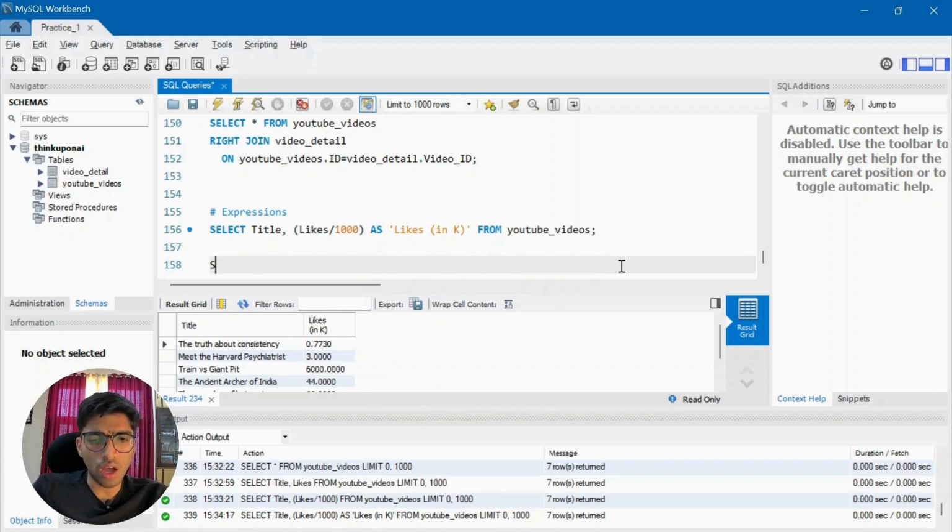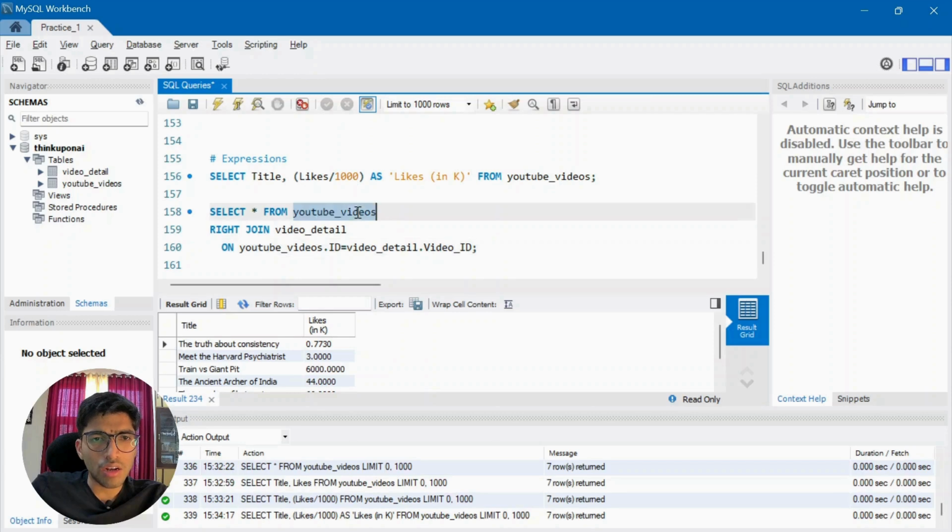And you can have other uses of it as well. Let's say you don't want to type in this whole table name every time you write the query. Okay, so let's say I have this right join command. Okay, and I have this table YouTube videos. I can again use this keyword and give it a name of T1 and use this keyword and give it a name of T2. So that is my table 1, that is my table 2. Now I don't have to write this whole long table name every time. I can just say T1.id and T2.video id, and now if I run it,